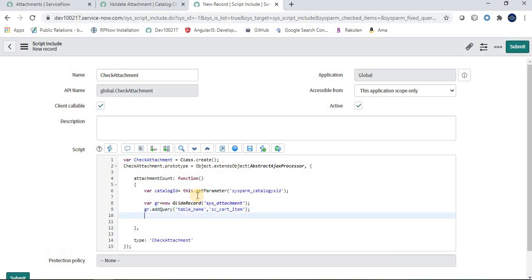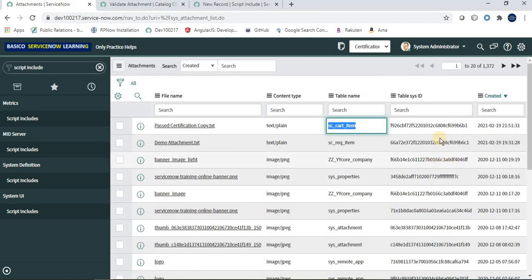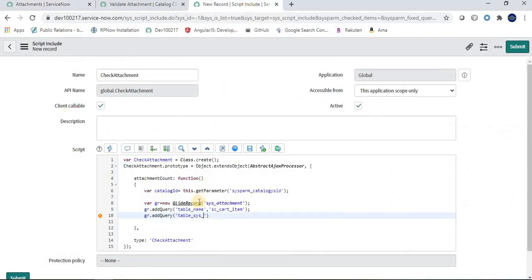Now the second query is sys id, gr.addQuery, and I am saying table_sys_id. Let me go a little back here, that is sys id. Here we already have that value which we are getting from the Glide Ajax for the current catalog item. Here we are done with the addQuery.